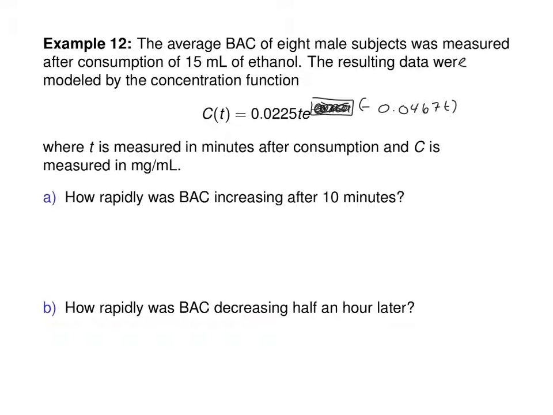And to take the derivative of this C of t function, notice that you have a number times t and then e to the something. You see what I mean by that? Okay, so then you're going to need to use the product rule. I should say C prime of t. So C prime of t is